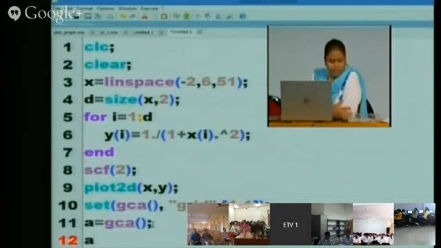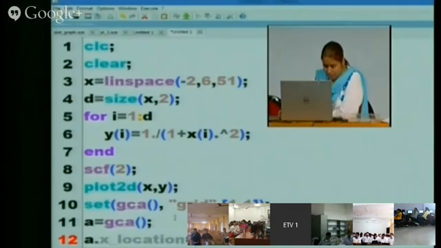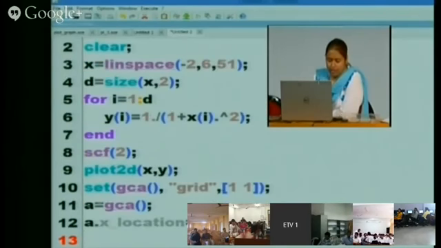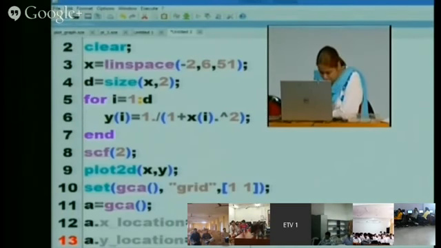So then you can directly write a dot x underscore location is equal to origin. Then a dot y underscore location, this is in double quotes.